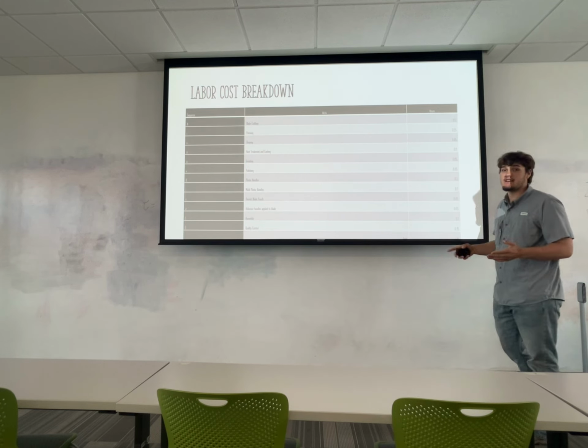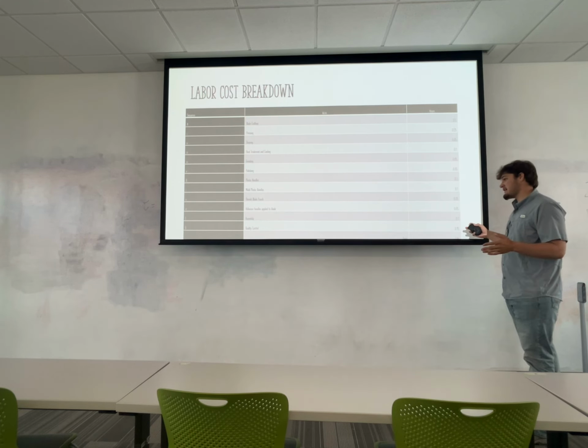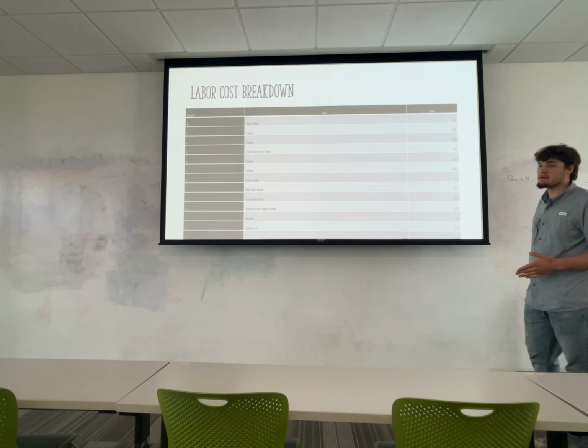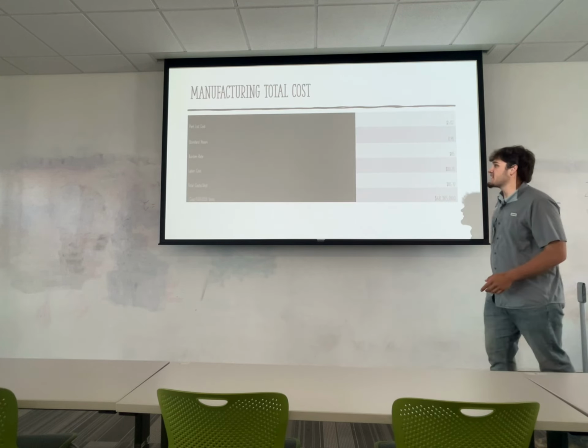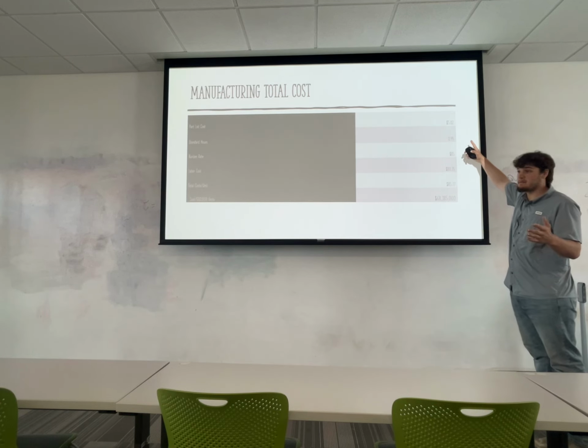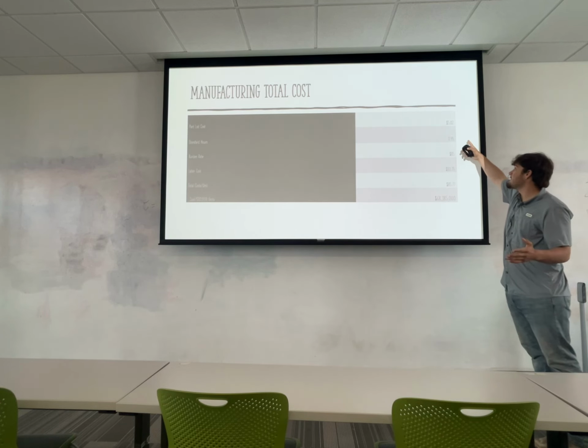Then we have assembly itself. That took 1/10 of an hour, and then we have quality control, quality assurance, that took 1,500 of an hour. All in all, we ended up getting 9,500 of an hour, and so when we break that down, it's $5.02 for all the parts. Then we have 9,500 of an hour, like I said before,